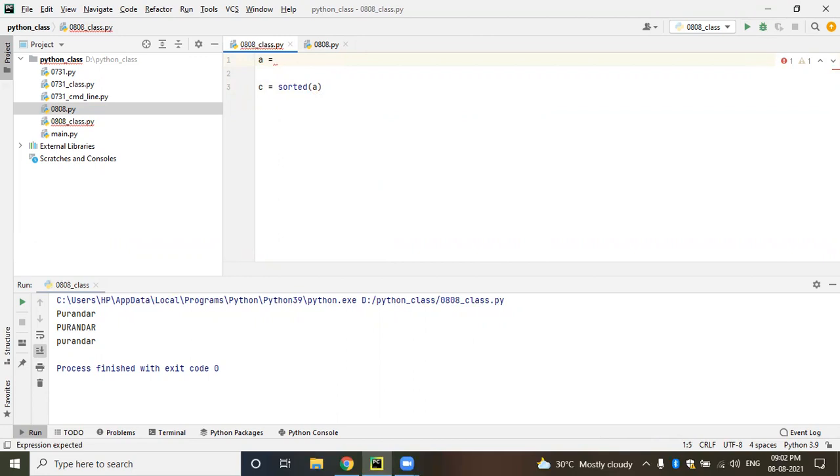Sorted is one of the important things. If you have any randomly generated list,